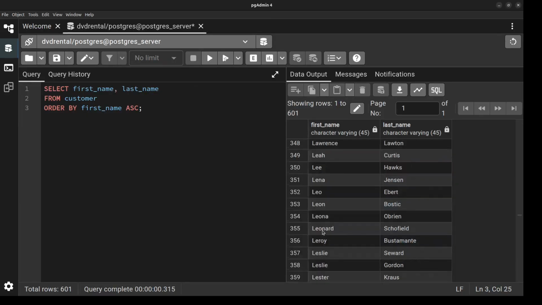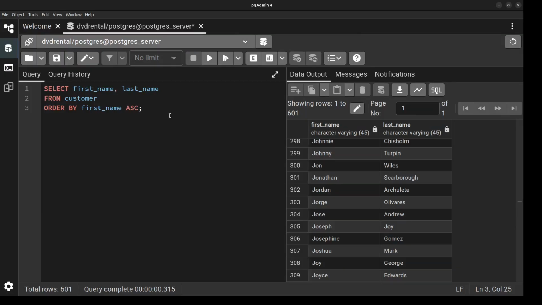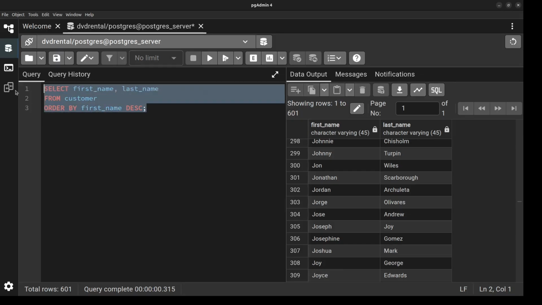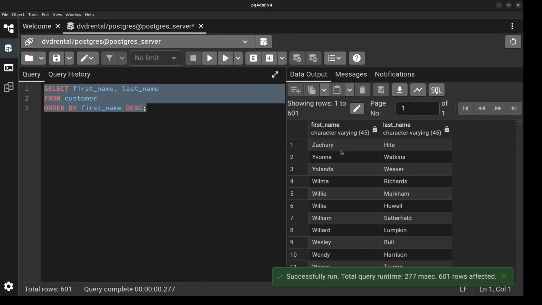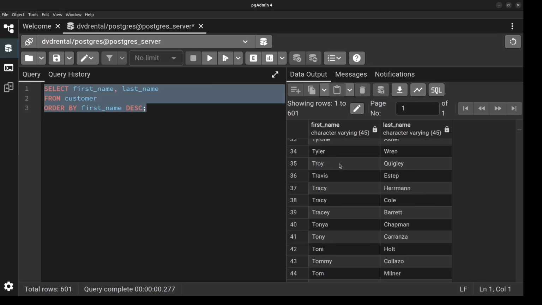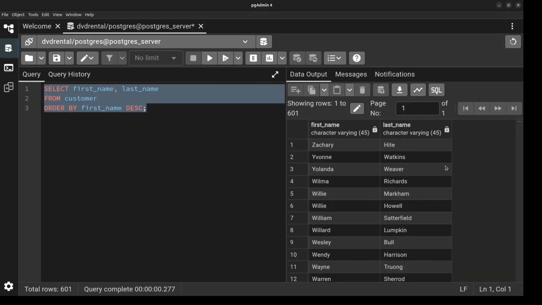on the first name. But if you want to sort it in reverse order, you can just use the descending order keyword, which is DESC, and this should just sort our customer name in descending order, that is in reverse order based on the first name. Now we can see that the orders are reversed, but you won't always be sorting the data based on